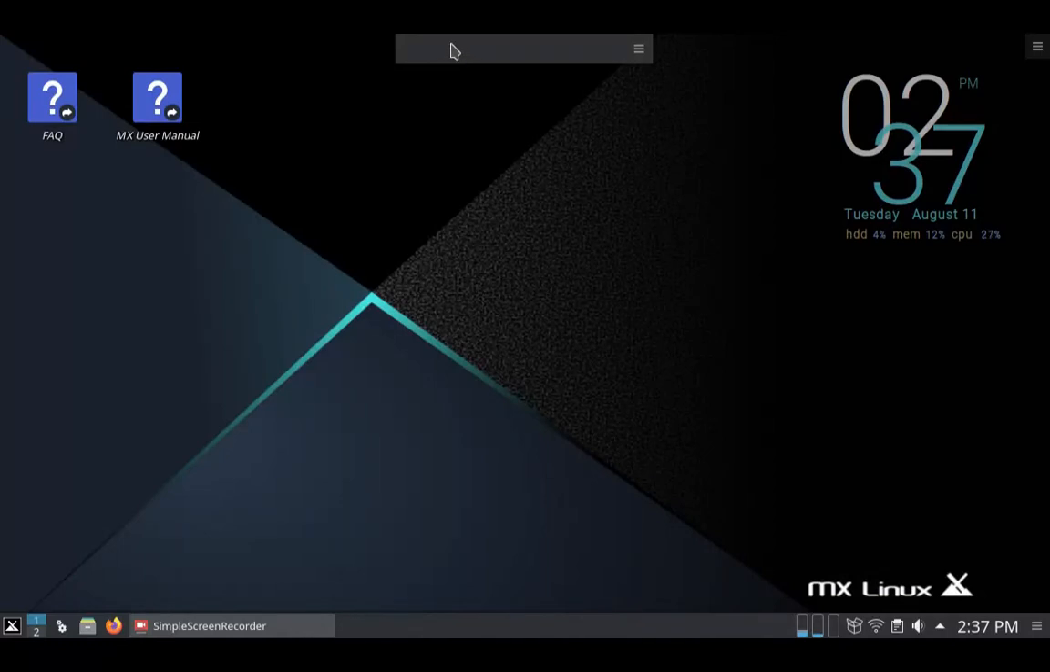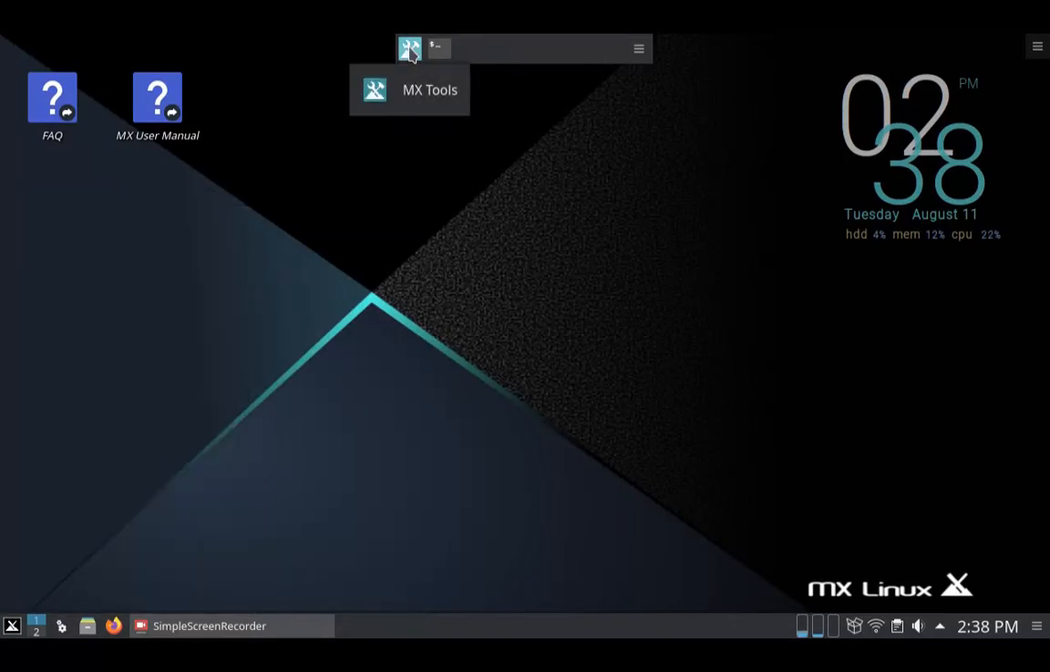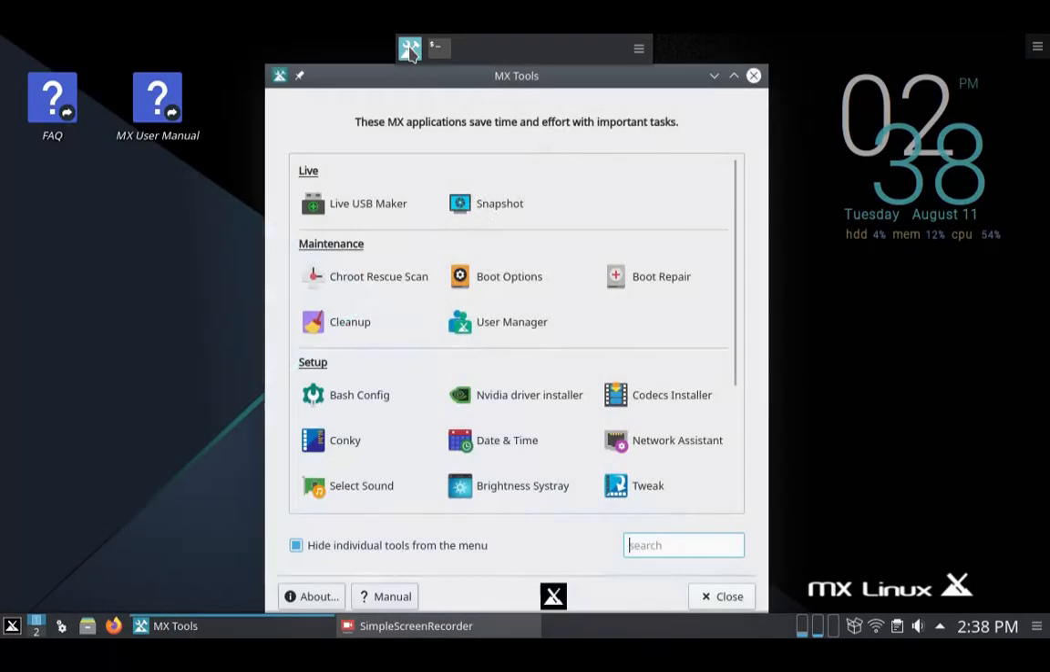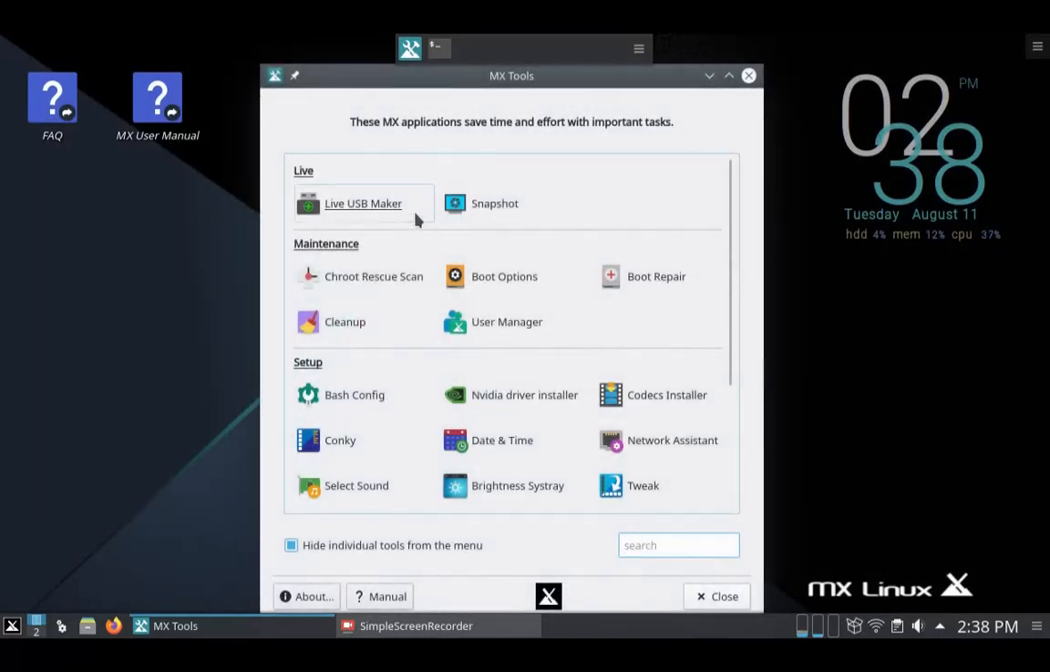and here it is. Now this is useful because you can add icons for your favorite applications for direct access with one click. You open the menu and you can move your applications up here, and then you could easily open them from this additional panel. Let me show you MX Tools, which is a tool set for common functions to make